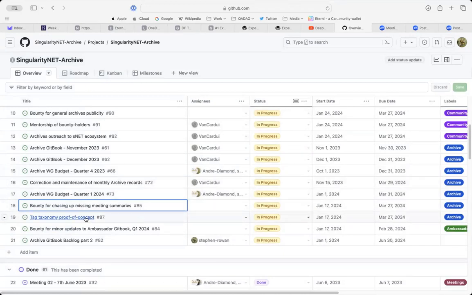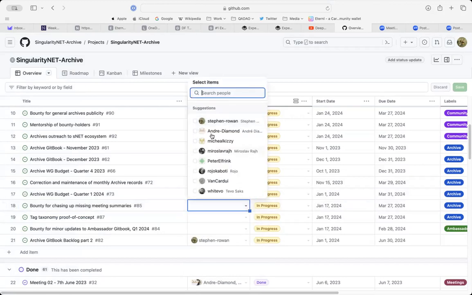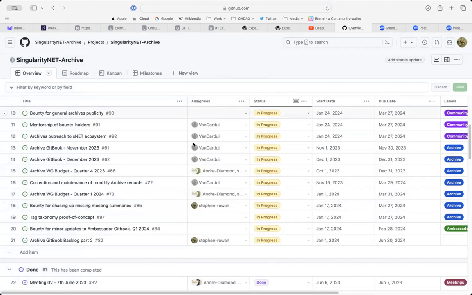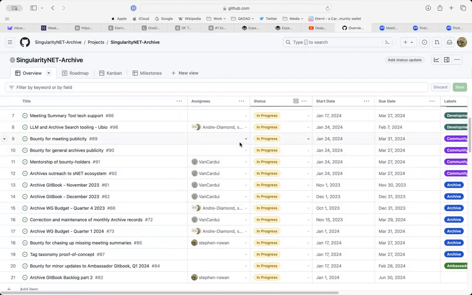Okay, then we have the bounty. Probably should assign that to me actually for the moment. And these as well. Hold on.